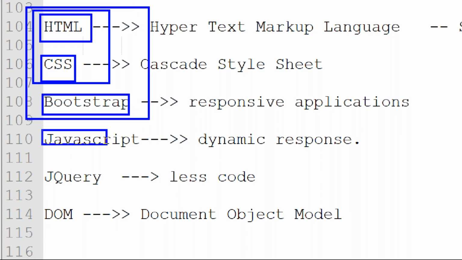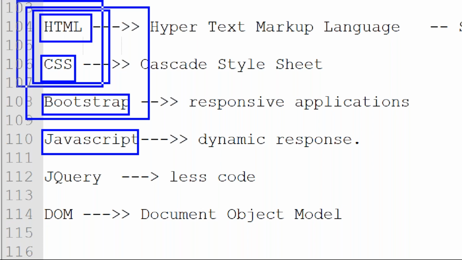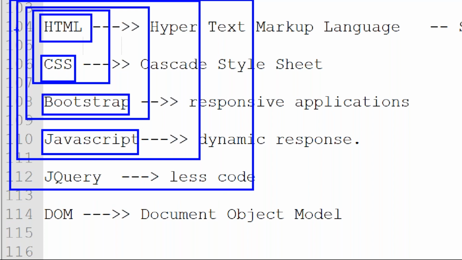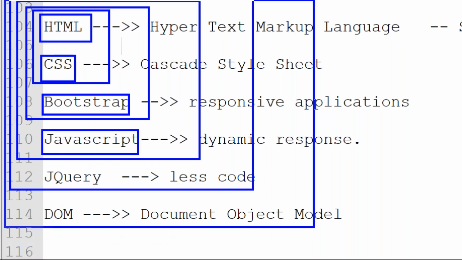After that JavaScript. At that time we do all together. Like this, starting from HTML, after that CSS, after that Bootstrap, after that JavaScript, everything you are going to get. So at the end, you get full-fledged applications by combining all the technologies. Understand this one?